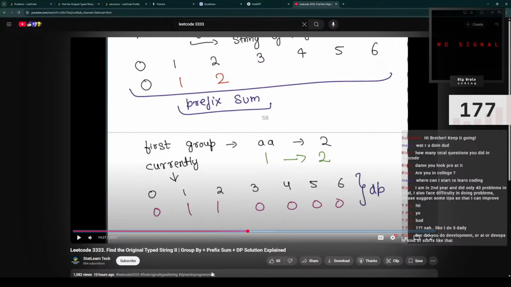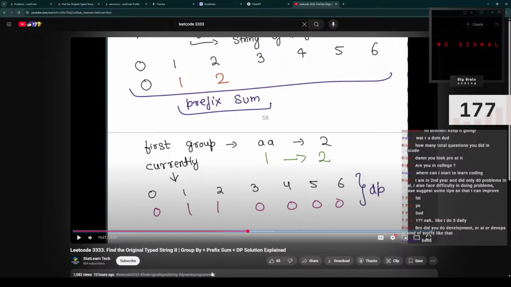We are considering the first group. One plus zero. So this is sum of these two, right? So 1 plus 1 is 2, 0 plus 2 is 2, 0 plus 2 is 2, 0 plus 2 is 2. Right? So after processing this first loop, what I have